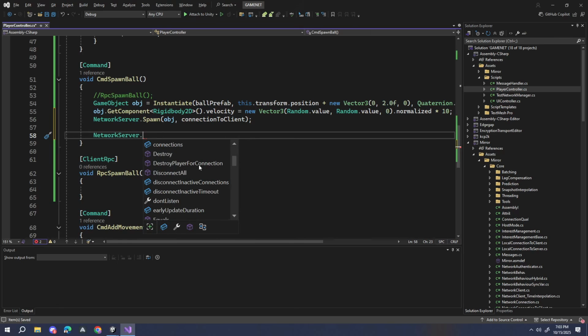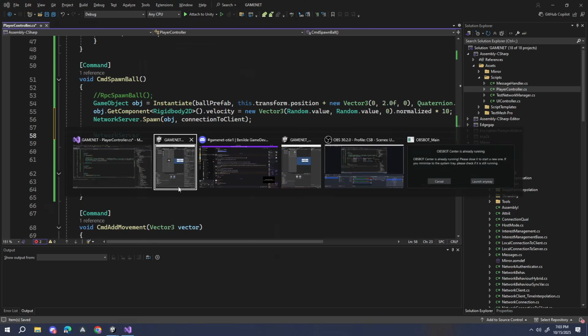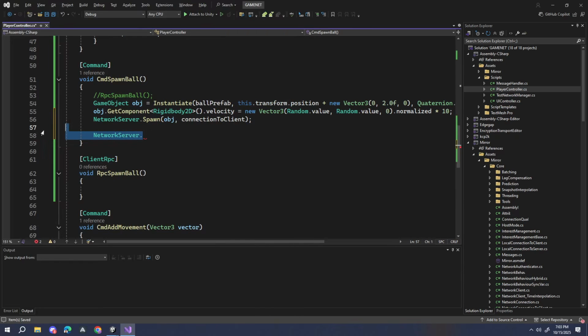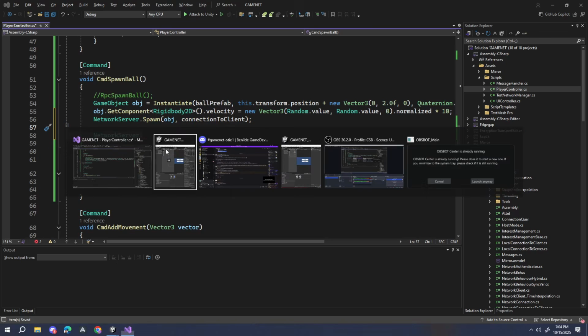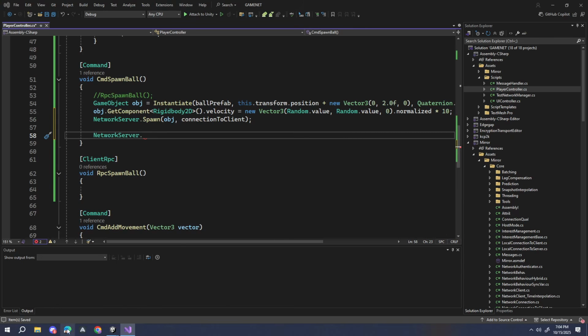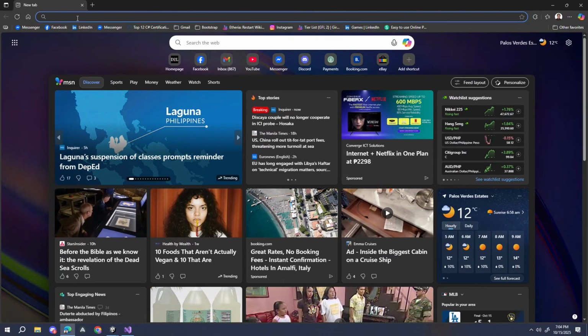I guess it's not here. Add connection. No. But anyway, there is also a way in case you have an object that you create dynamically, and you want it to spawn for everyone. No, there's a way. All you have to do is register it first, and then you can spawn it. Now, the code for that, though, if we go to this one,